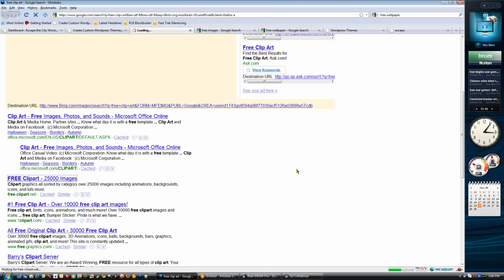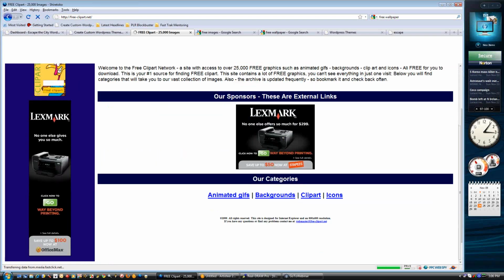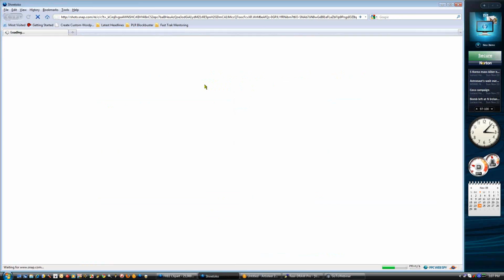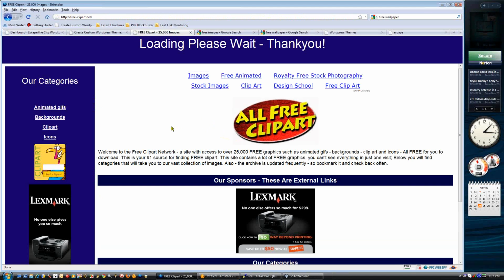Here's 25,000 images, free clip art. You just have to go through and search for some clip art that suits your fancy. So animated images, stock images, whatever it is. And you can find these places. Here we go back out to Google. Some of these sites are worthless, but